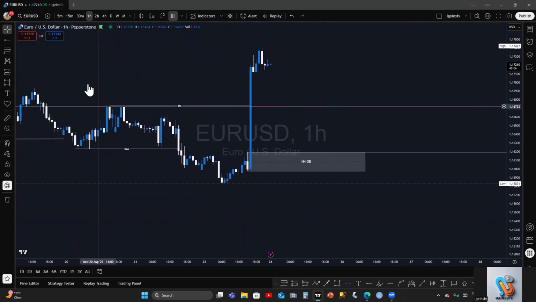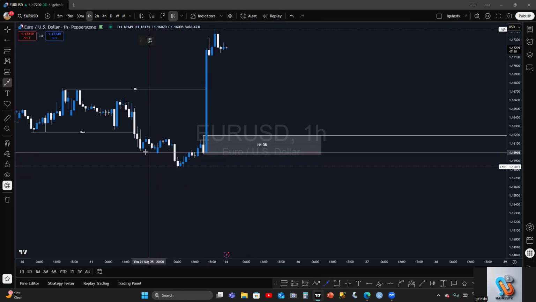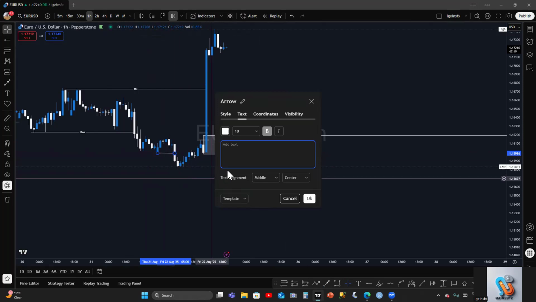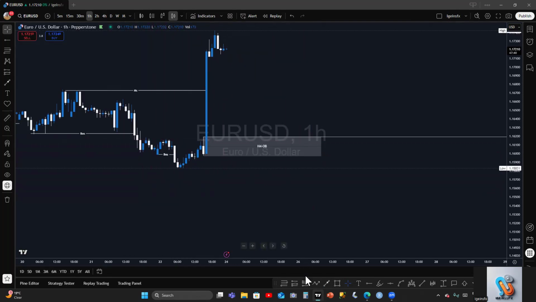So we can see we have already showed you guys. And if you look at this point here, you discover that there is a break of structure to the downside here. Like I told you guys, every information counts. There's a break of structure here. There's a break of structure here. Then we now have